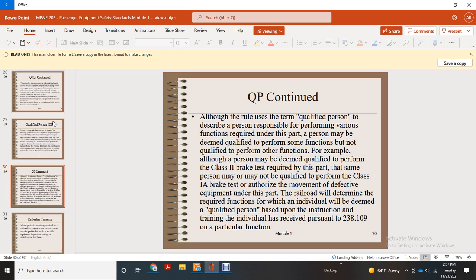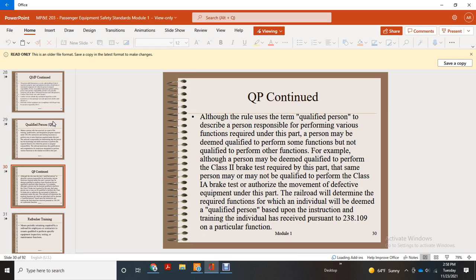Qualified person, continued. Although the rules use the term qualified person to describe the person responsible for performing the various functions required under this part, a person may be deemed qualified to perform some functions but not qualified to perform other functions. For example, although a person may be deemed qualified to perform a Class 2 brake test described by this part, the same person may or may not be qualified to perform a Class 1A